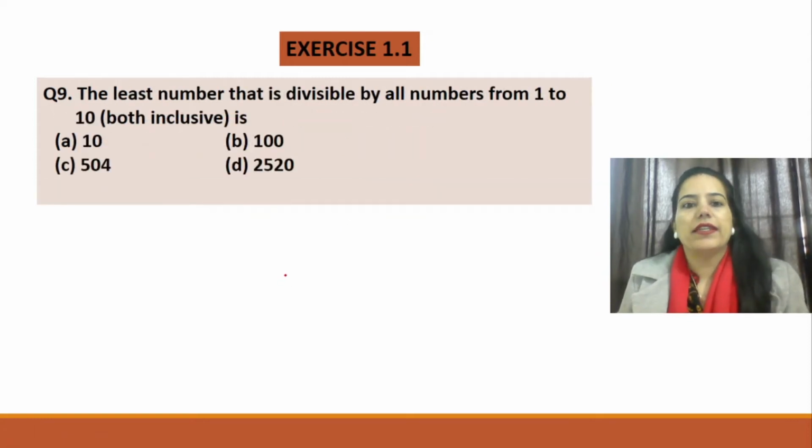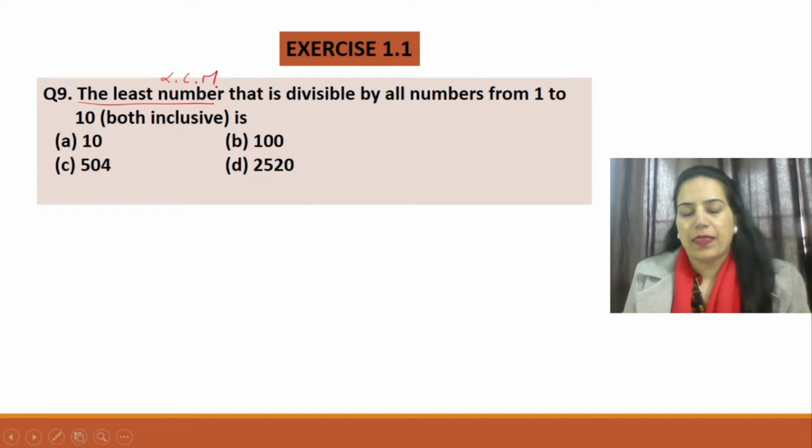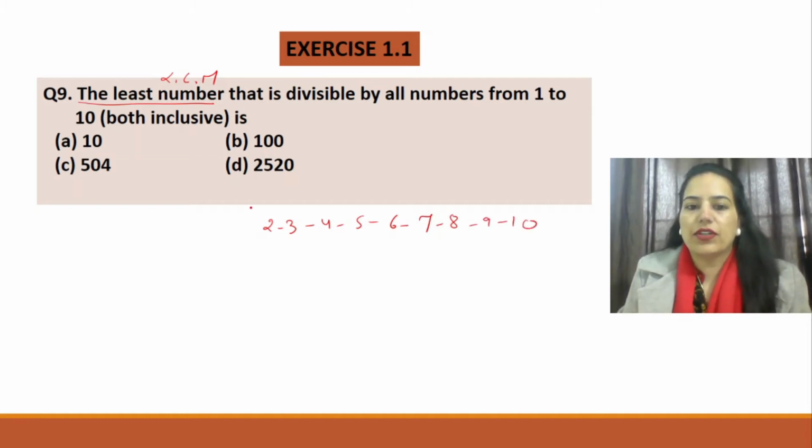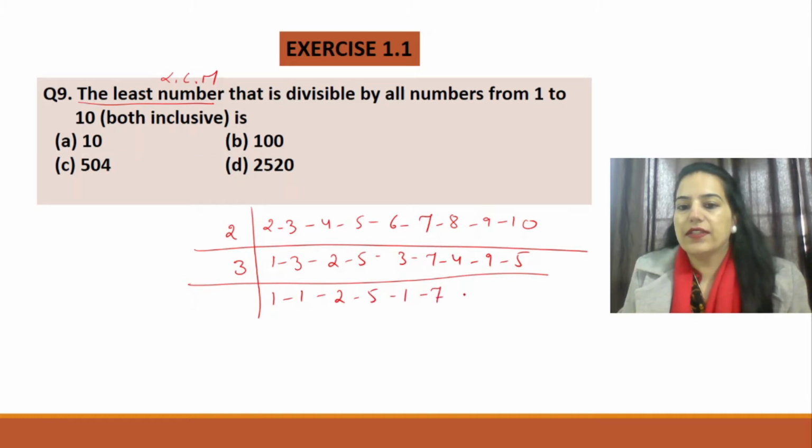Question 9. The least number that is divisible by all the numbers from 1 to 10. The least number here gives you a hint that you are finding the LCM. And it's like finding the LCM of 2, 3, 4, 5, 6, 7, 8, 9 and 10. You can write 1 also if you want. So if I start with 2 first, so it's 1, 3, 2, 5, 3, 7, 4, 9 and 5. Now once more I can take 3 here. 1, 2, 5, 1, 7, 4